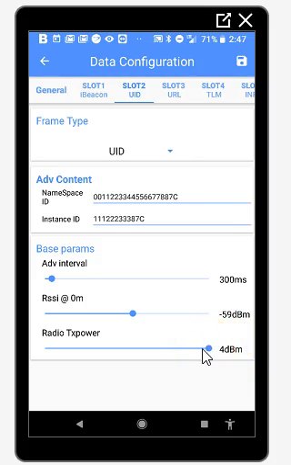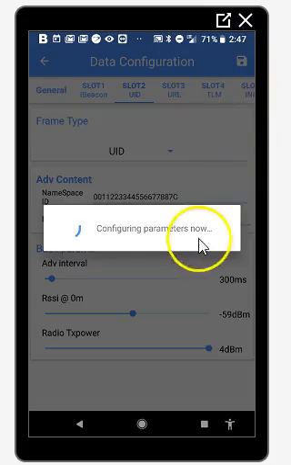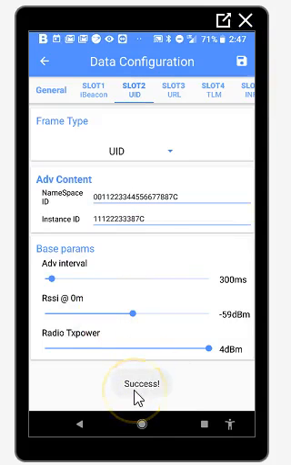Okay. And then once you've got that, you want to go up here. If you're going to change anything here, once you do, you've got to go up here and save it. So you just click that little save button right there. It'll say success, and that's good. The rest of this stuff you can leave alone. This is just other things to be able to read from the beacon as well. The only reason I brought you in here is to show you how to program this one